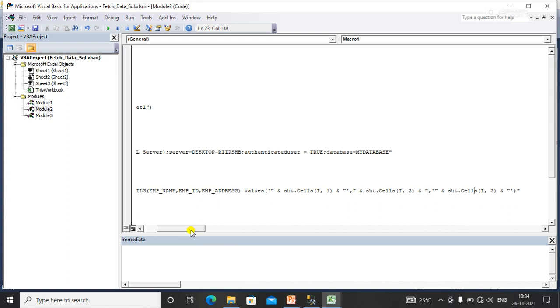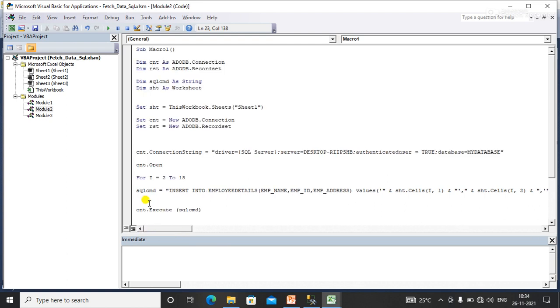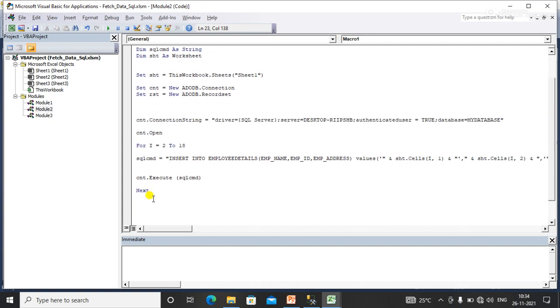You can see that. And here I have executed the SQL command, and here I have incremented my loop. So it automatically inserts the data one by one until the loop gets finished.